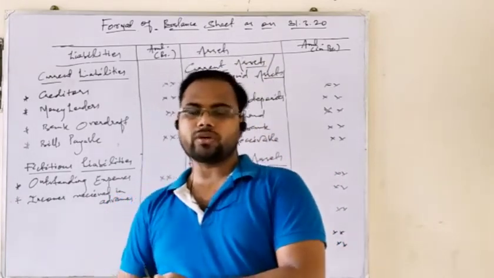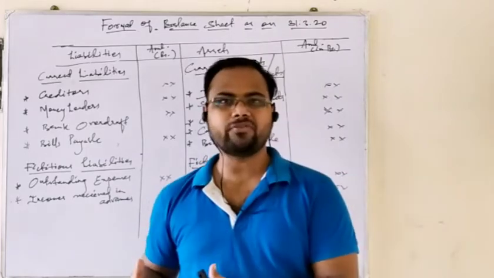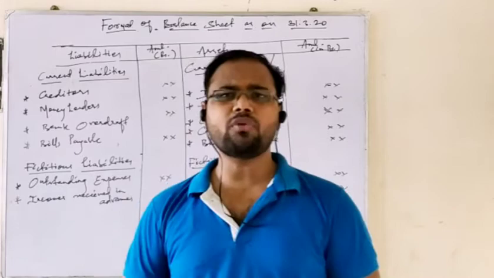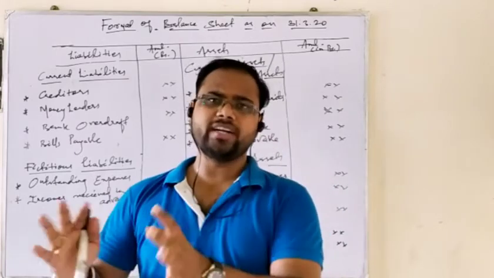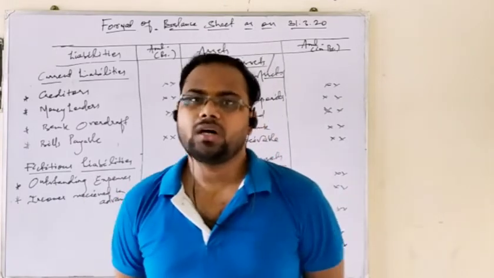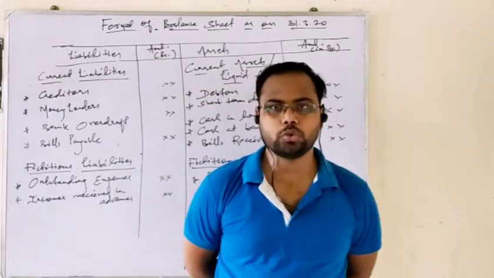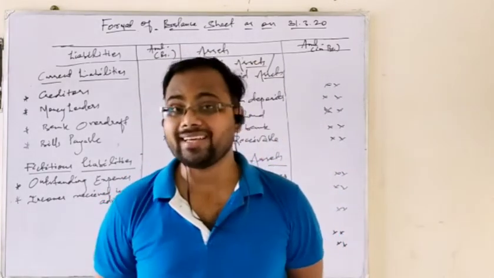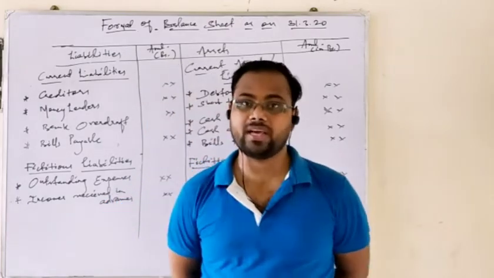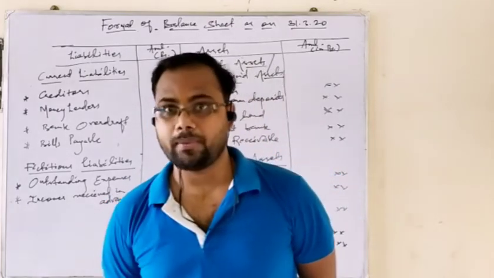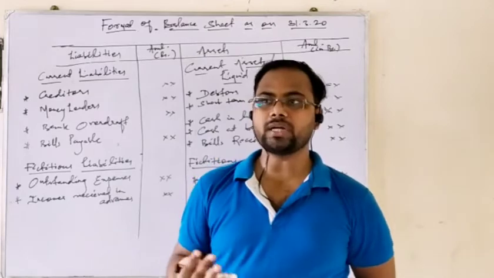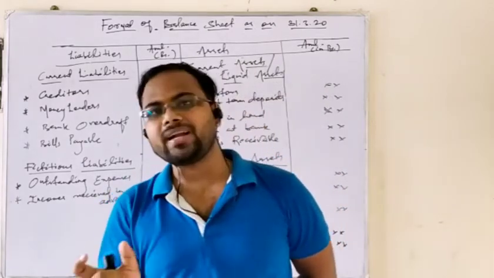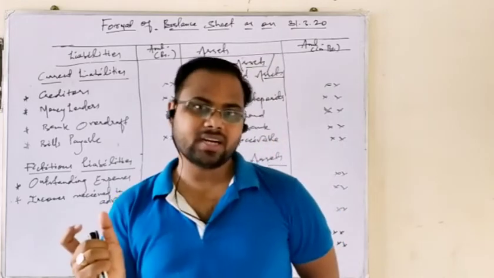Suppose you have purchased goods from your creditor and they are very defective and not according to your specimen or your order, and you want to return them, and your supplier or creditor refuses to accept your returns and does not refund you the amount. In that case, you can file a compensation claim or case against your supplier for the return of the goods and compensation. Those cases pending in the court are supposed to be the contingent assets.